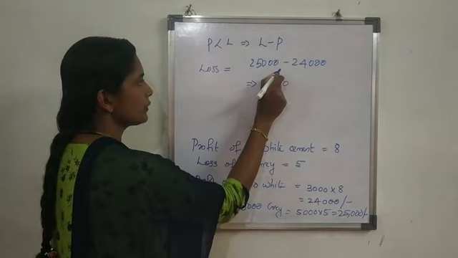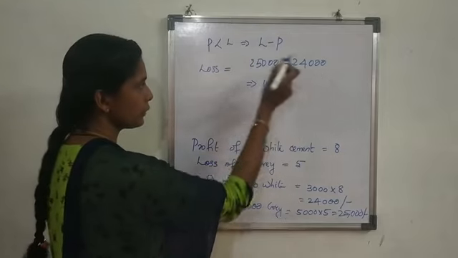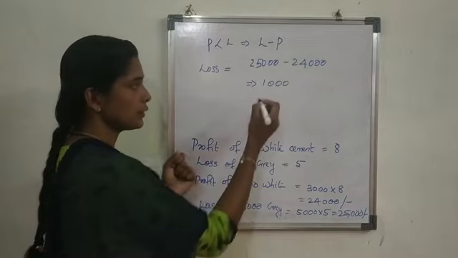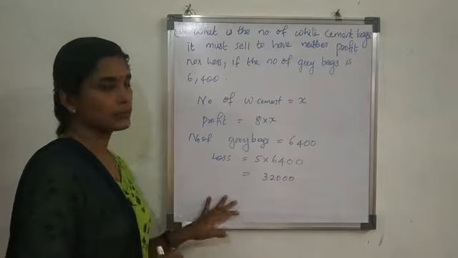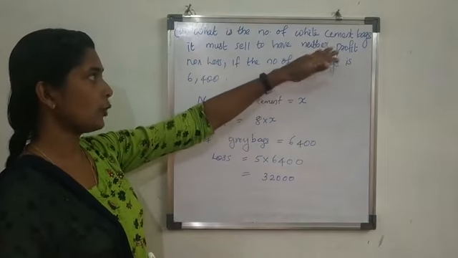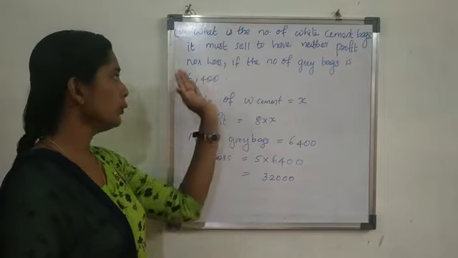That is, loss is 25,000 and profit 24,000. Therefore, loss is equal to 1,000. That is the loss, 1,000 rupees loss. Question: What is the number of white cement bags it must sell to have neither profit nor loss if the